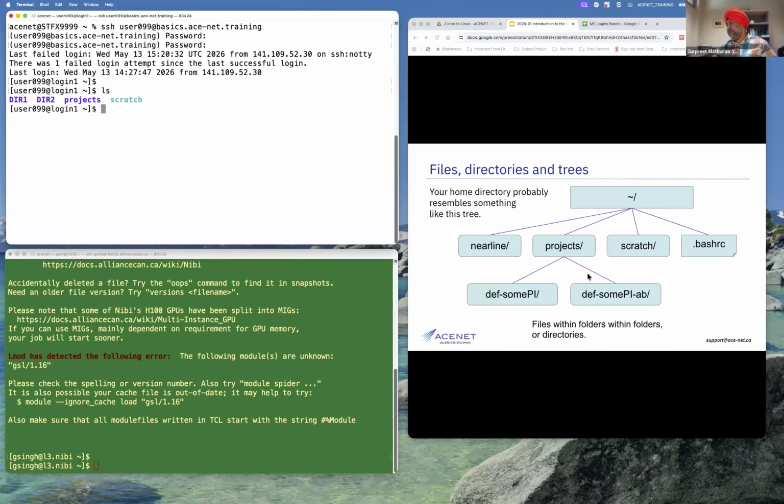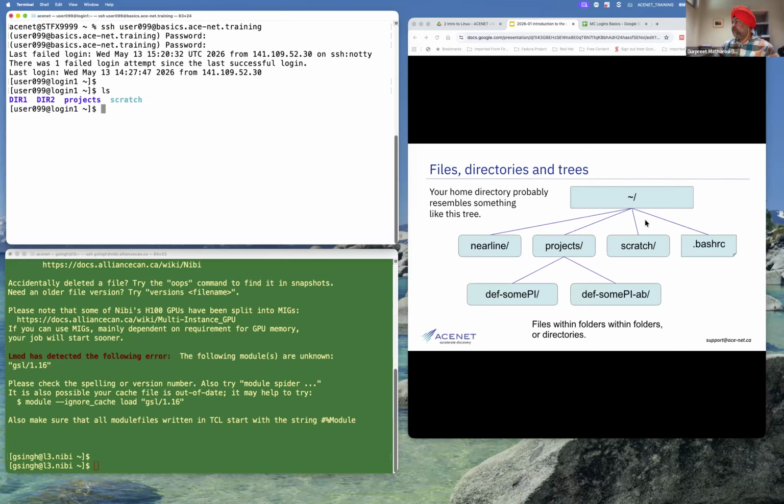And then there are these further subdirectories. So this is a tree structure, but the tree is in the inverted format. This login directory can be considered, not technically, as the root of the tree. And then these are the branches, and then these are the leaves.